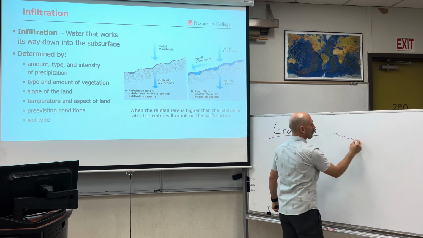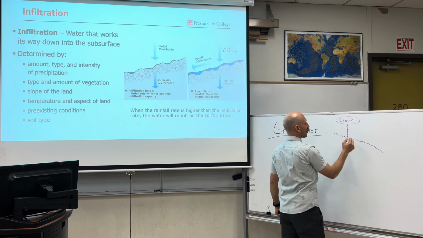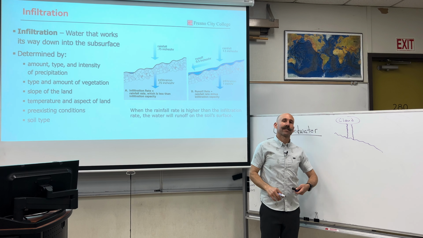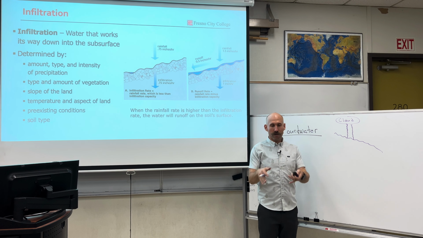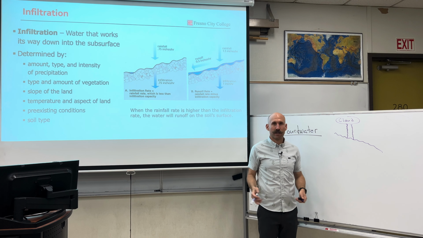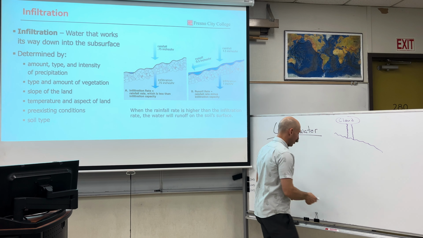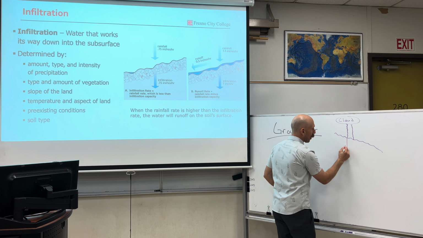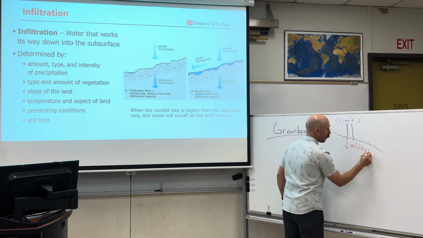Here's the land surface. Here is a cloud. When it rains, the water lands on Earth's surface. You could also think of it like this. When you water your grass, where does the water go? Well, it goes into the ground, obviously. This is a geologic process called infiltration. So the water from the surface makes its way down into the subsurface via